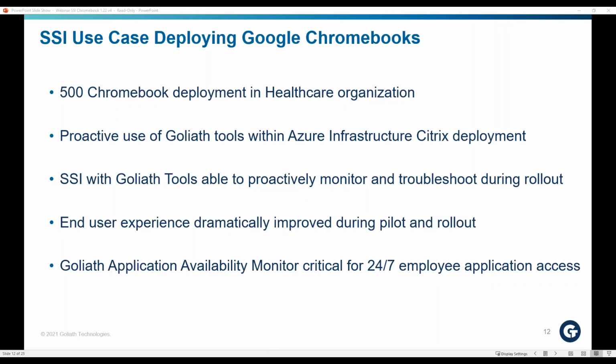Once we built the base infrastructure for Citrix, we were then able to test the Chromebooks at each location to make sure the end-to-end connectivity was working as expected and that there weren't any network issues, wireless issues, or internet issues connecting from the Chromebook into Azure, into the Citrix infrastructure. This has dramatically helped us with the end user experience because during the rollout, when the users received their Chromebooks and logged in for the first time,